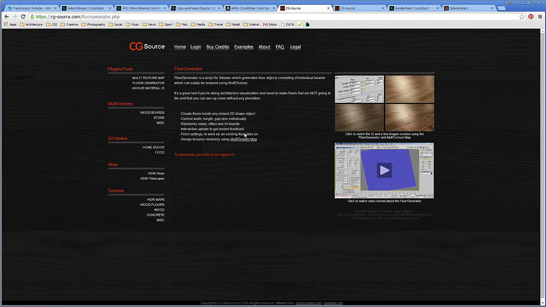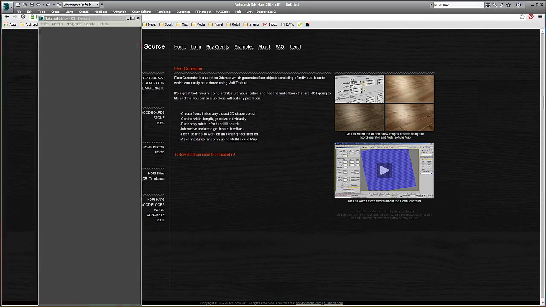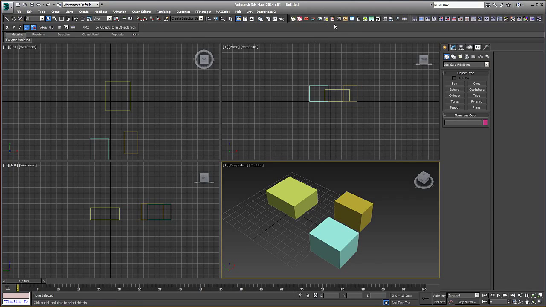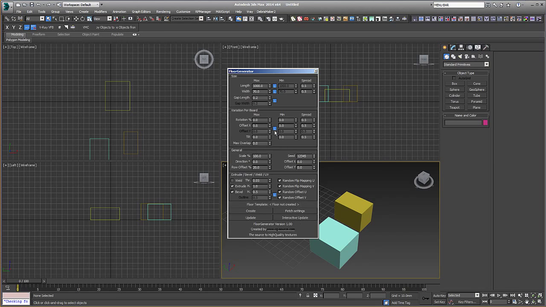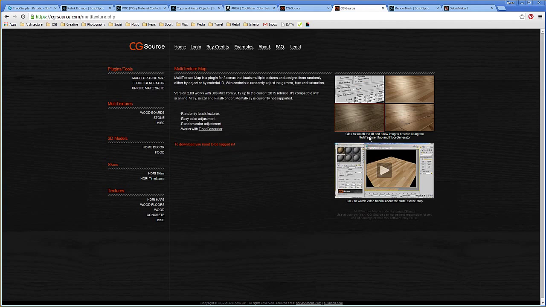The next one would be Floor Generator. I'm sure a lot of people have heard of this. Floor Generator allows you to create different size floorboards with random rotation, random size. It all comes UV mapped, and that works hand in hand with the next on the list, which is multi-texture,